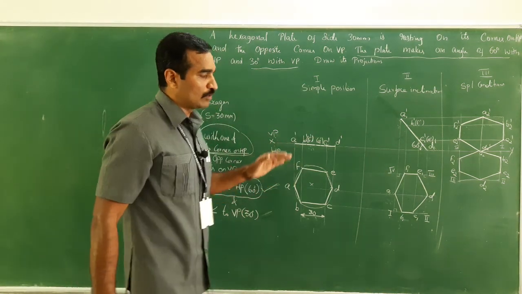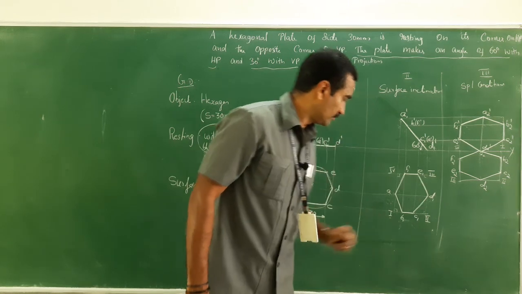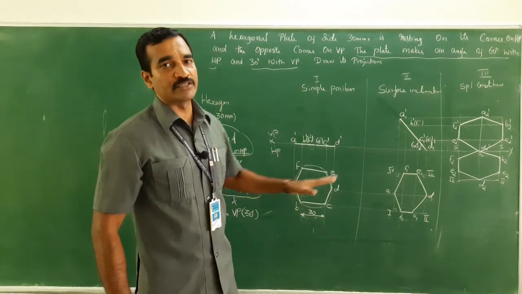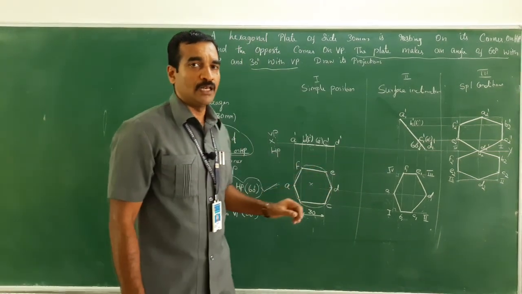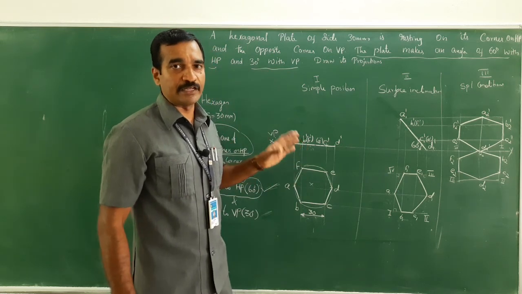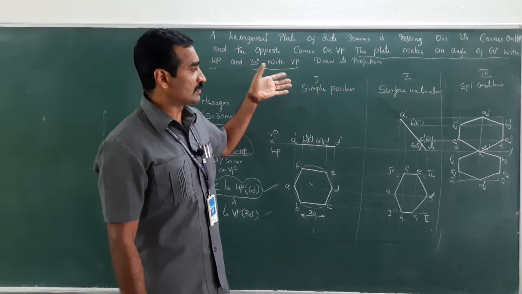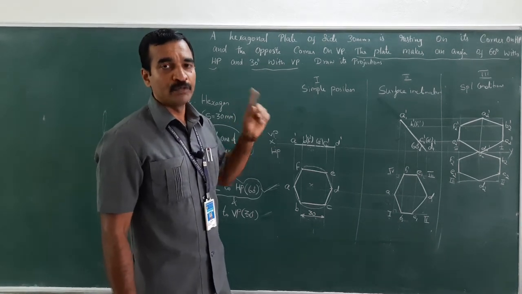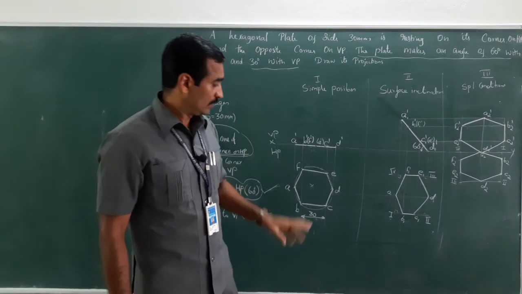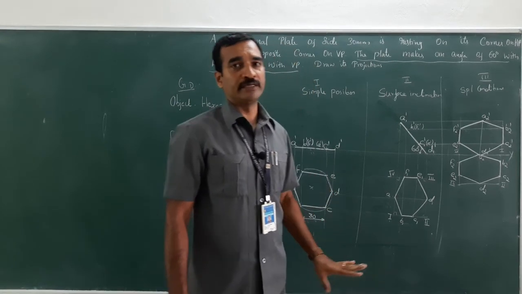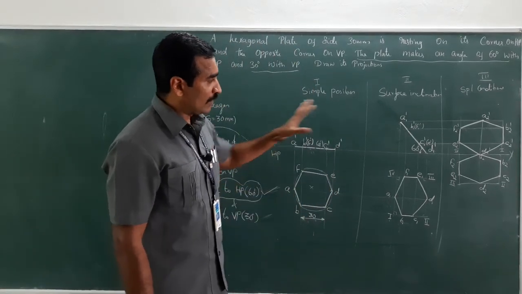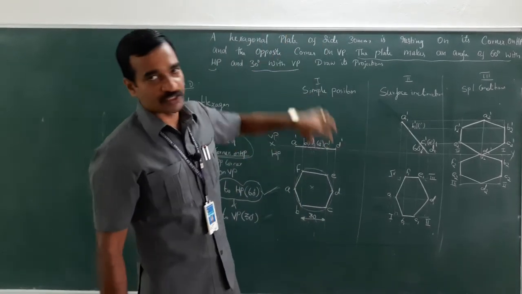Next, what you have to do? You have to mention the notes. All dimensions are in mm. Then scale, whatever scale you consider, whether it could be enlarged or reduced or true scale. As far as this diagram is concerned, I have considered 1:1. That is a true scale, which you have to mention here. With this, I have completed the projection which has been asked here.